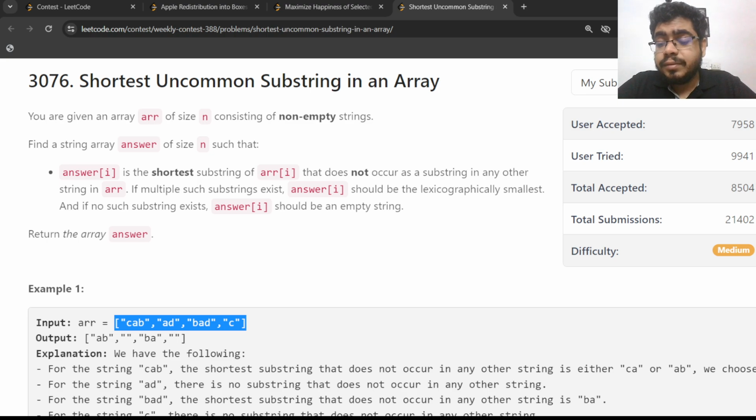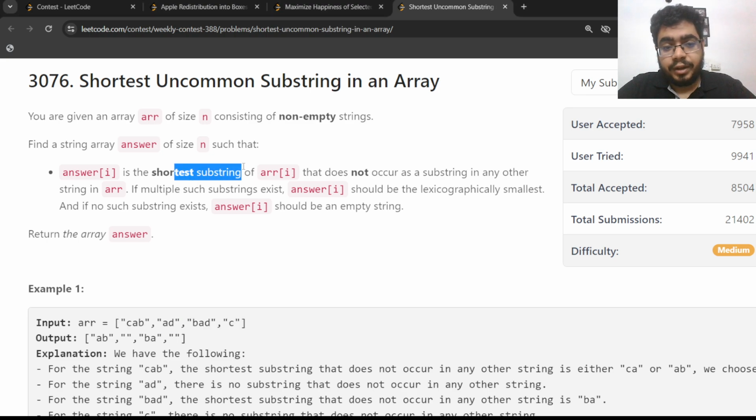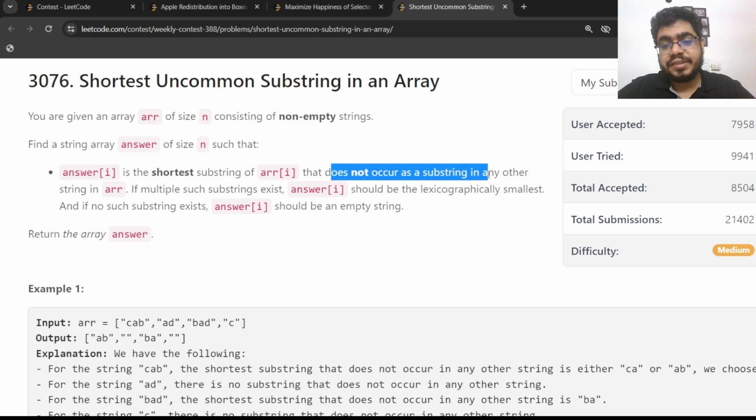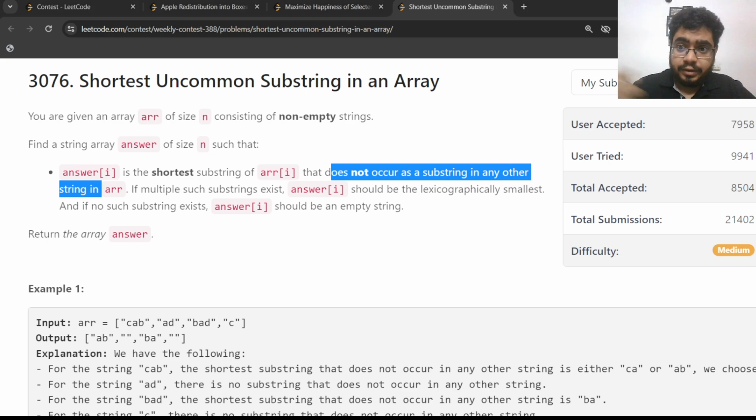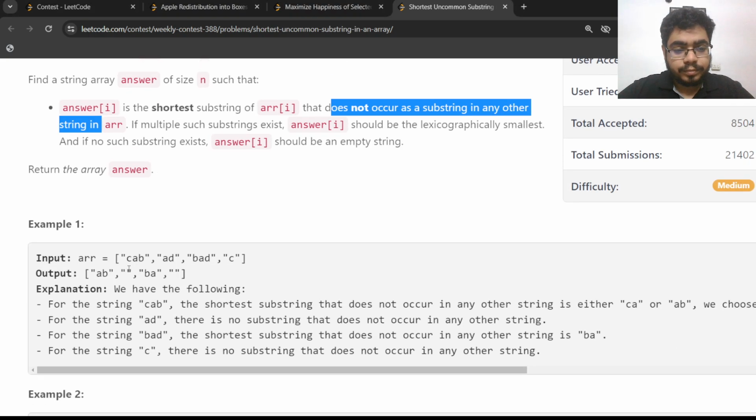And what is that answer? That answer would be the shortest substring. First of all, if I have a shorter substring, then that is the better answer. The shortest substring that does not occur as a substring in any other element of the string array, right? So as an example here,